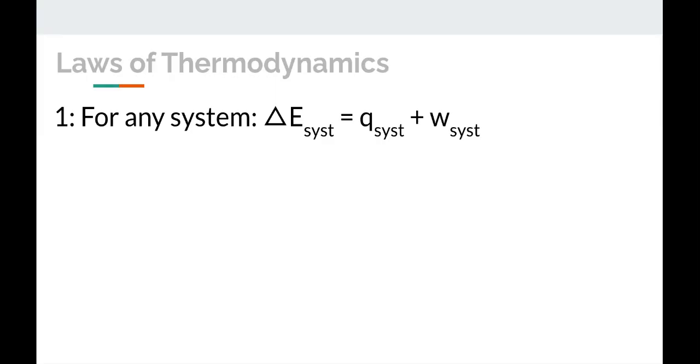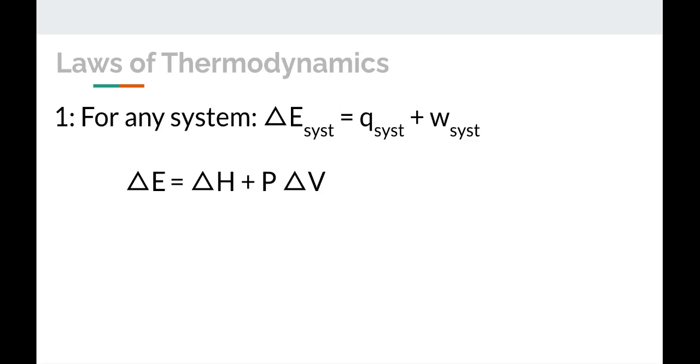Let's do a little review here. The first law of thermodynamics says that the total energy in the universe is constant, which means that for a system, any change in energy is only a result of energy transfer in or out through heating, or energy transfer in or out through working for that system. The energy that's transferred through heating is the enthalpy change, and working is pressure times the change in volume. So we could also restate the first law of thermodynamics as delta E for the system is delta H plus